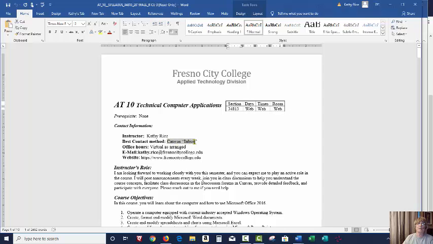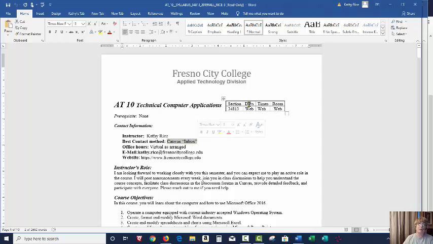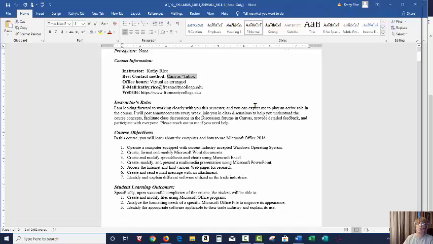The best contact method is the Canvas inbox, like we talked about before. I am an adjunct instructor. That means part-time, so I don't have regular office hours. I do teach other classes, so I might be on campus. You can check with me and see. Otherwise, we can go through virtual office hours, and we can talk about things online. If you cannot get into Canvas or something, here is my Fresno City College email address. It's